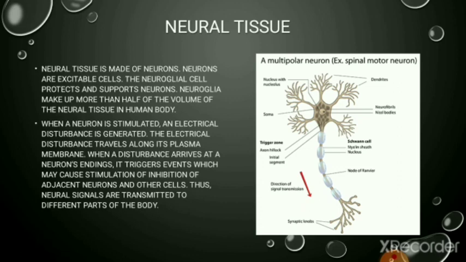In the diagram you can see a multipolar neuron. Basically, in a neuron there are two parts. First is a broad cell body, that is called the cyton. Cyton ends up in dendron, and dendron has various fiber-like or hair-like outgrowths, which are called dendrites. Then the second end is the long fibrous part, which is called the axon fiber.